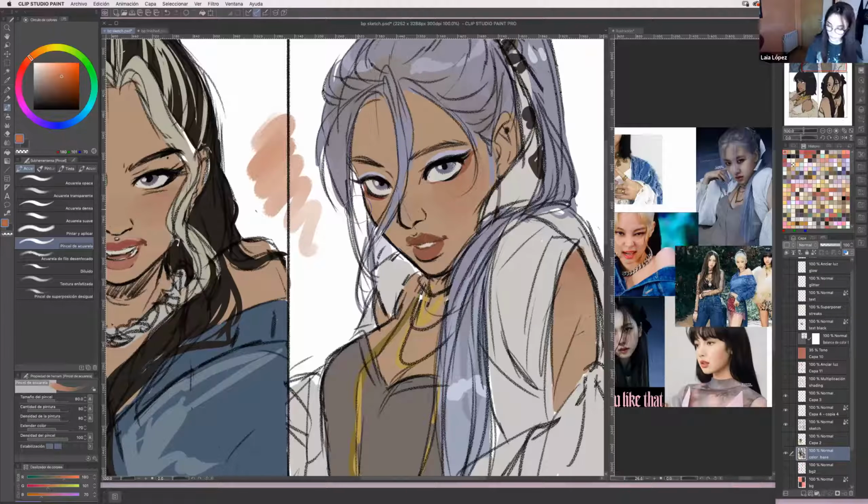But wait, let me erase it. If you use it on a layer that already has color underneath, you have to press a little bit harder so the color blends nicely. It blends almost automatically with the base.